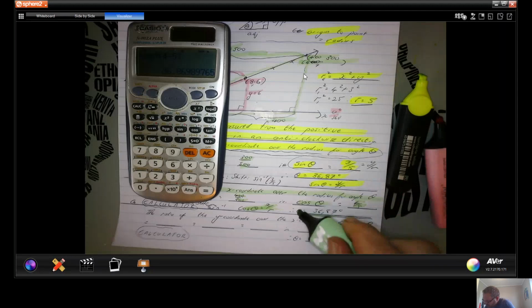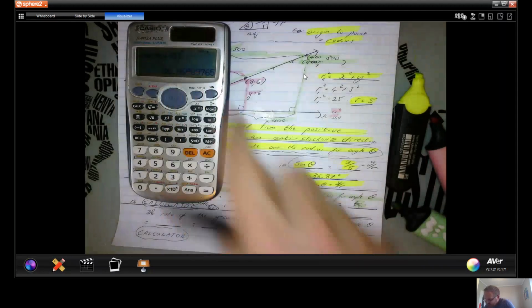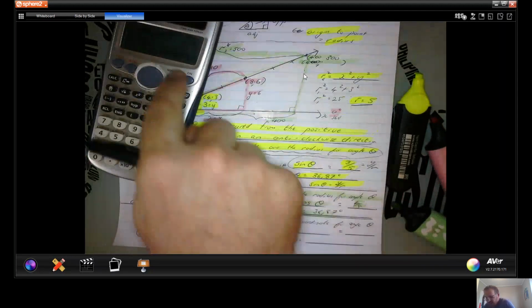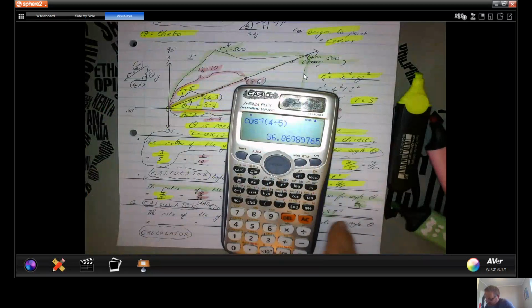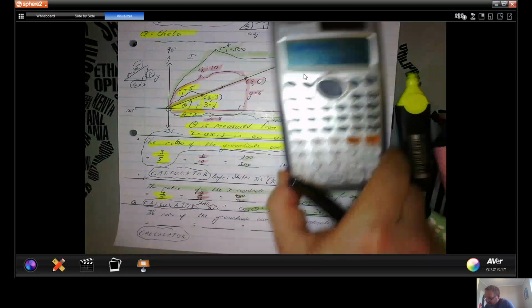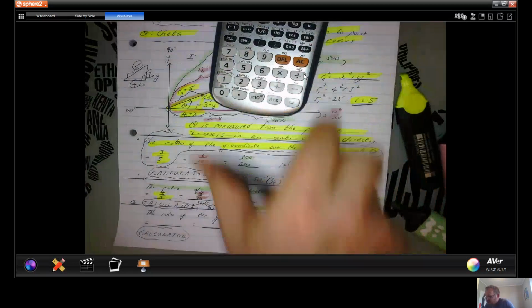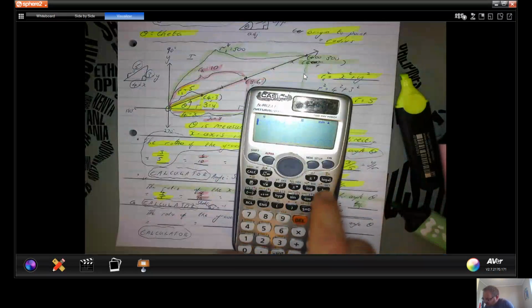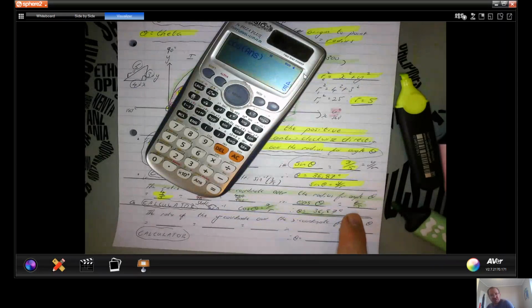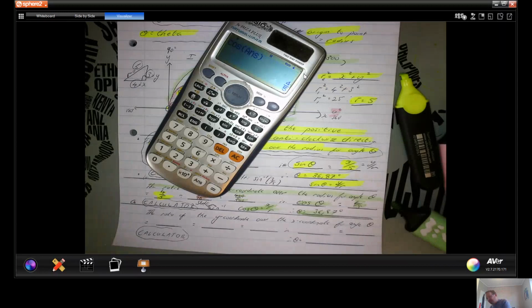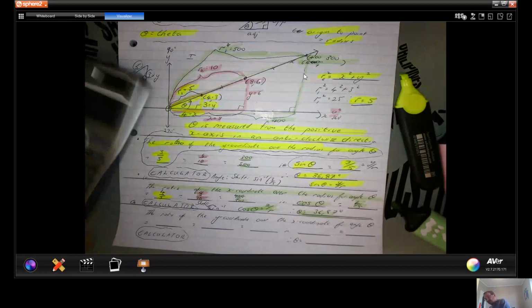In other words, if I went cos of this angle, cos of 36,87, that should give me the ratio of x over r. So if I go cos of answer, I get 4 over 5, which is that ratio which I wanted, which is 36,87. Okay, right. So now,